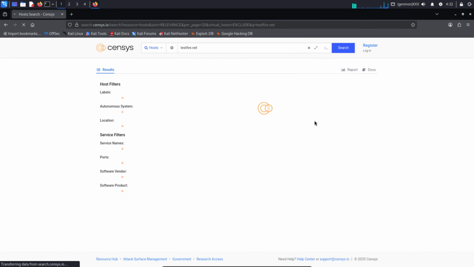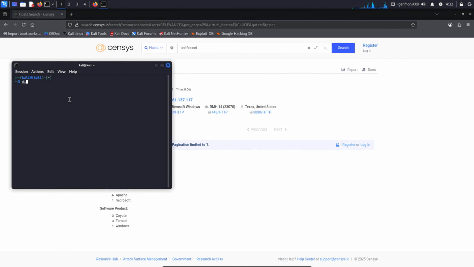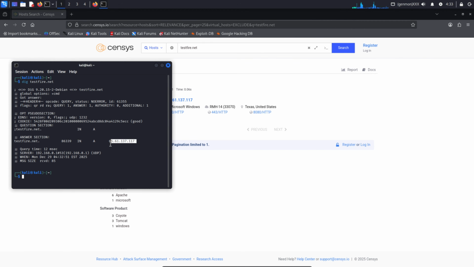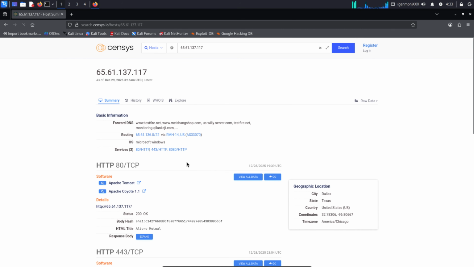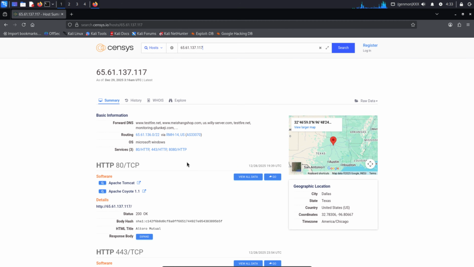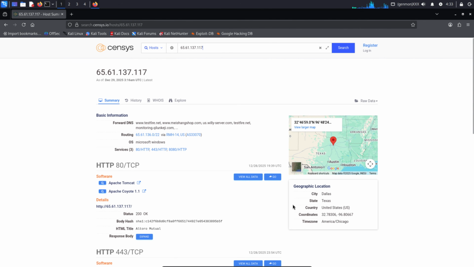Censys is an internet-wide search engine and security monitoring platform that continuously scans the entire internet to collect real-time data about publicly accessible devices, servers, and network systems. Its primary purpose is to build a massive database of SSL/TLS certificates, open ports, running services, and software versions, allowing users to analyze the digital attack surface of any IP